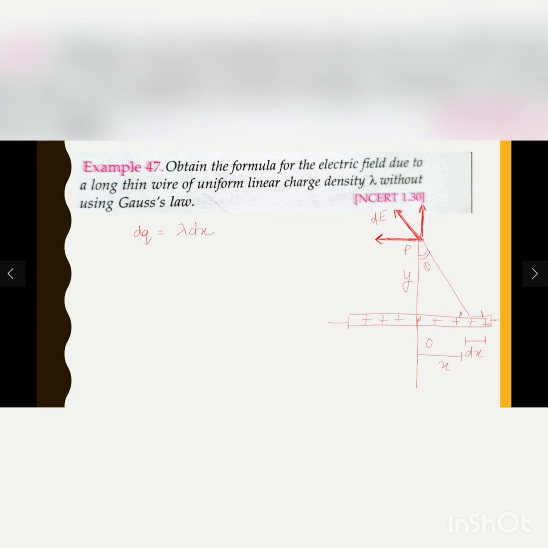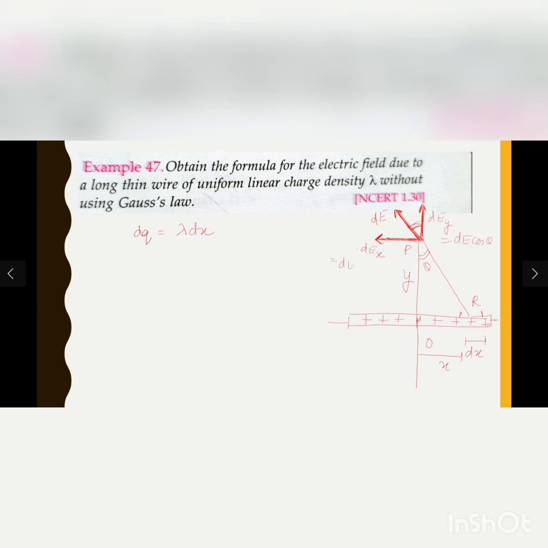So if this angle is theta, angle OP, and at the element dx I can mark r. If angle OPR is theta, then the vertically opposite angle will also be theta. So this would be the element of electric field along the y-axis, and this element of electric field is along the negative direction of the x-axis. Okay, now dEy obviously would be equal to dE cos theta, and